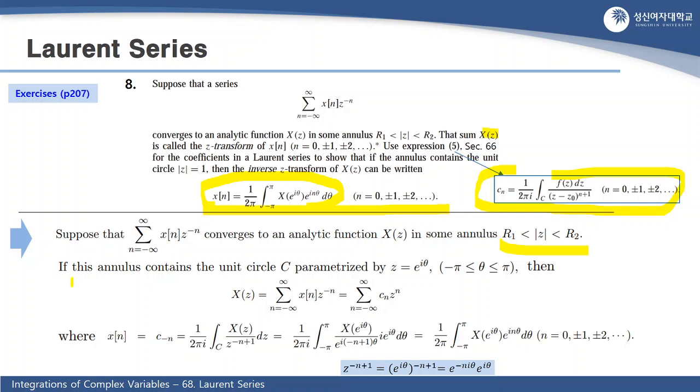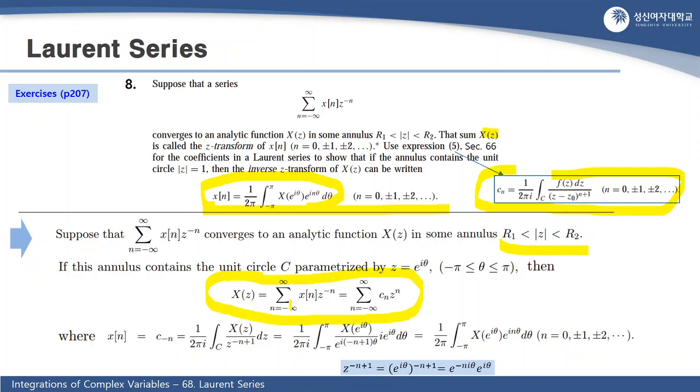If this annulus contains the unit circle C, which is parameterized by g equals e to the i zeta, where zeta is greater than or equal to negative pi and less than or equal to pi, then we have this X of g